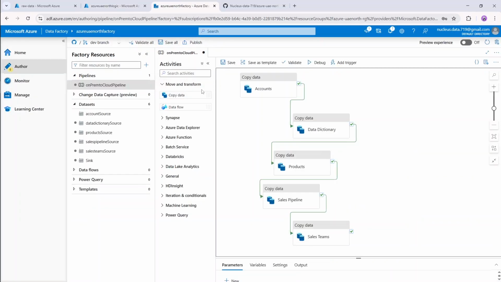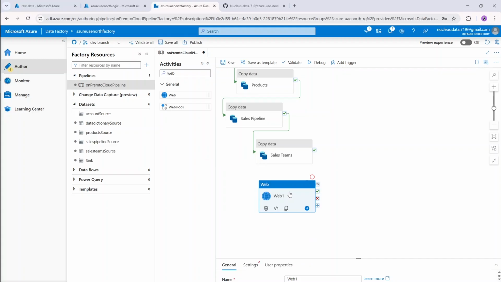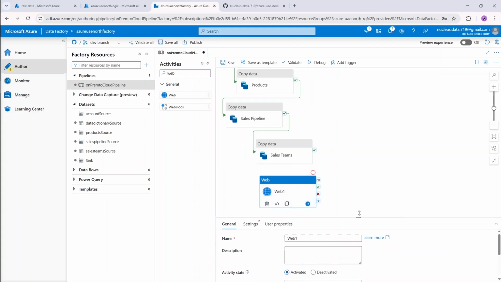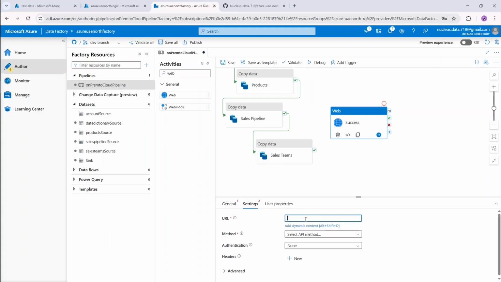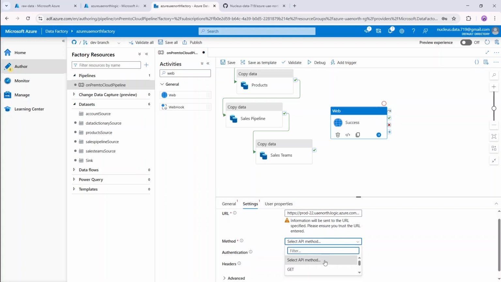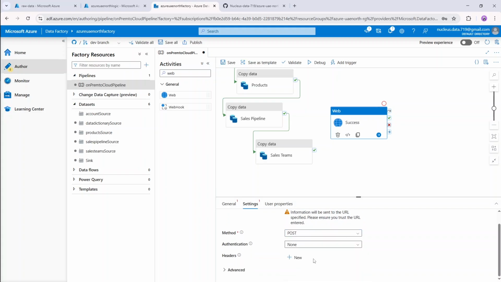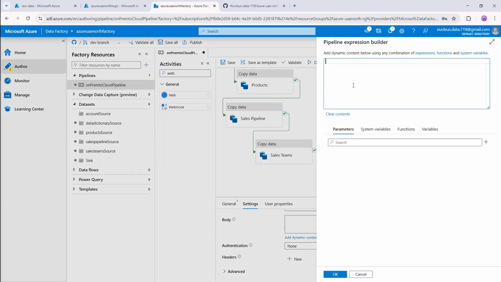Okay, now go back to the data factory. Now search here web activity. Okay, now this web activity name will be success, and for the URL will be this. Method will be post, and body, click on add dynamic content. Here we will give the logic app body details,